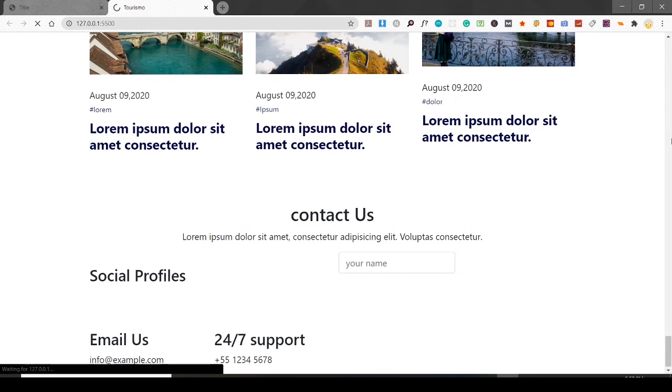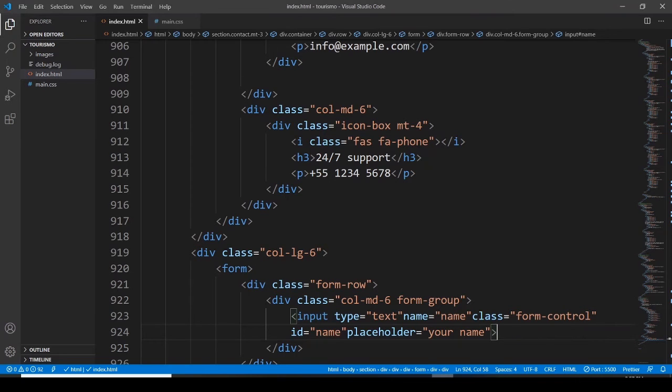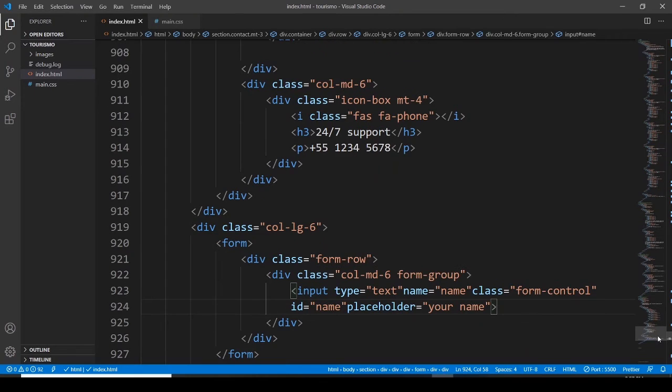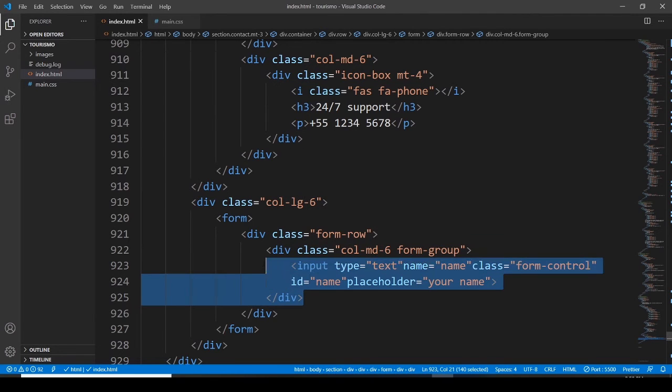So okay, it's working. So we have the first form or input element here. Now what we have to do, I just want to copy this one, say this division, this div. Okay, so copy this, paste it here,